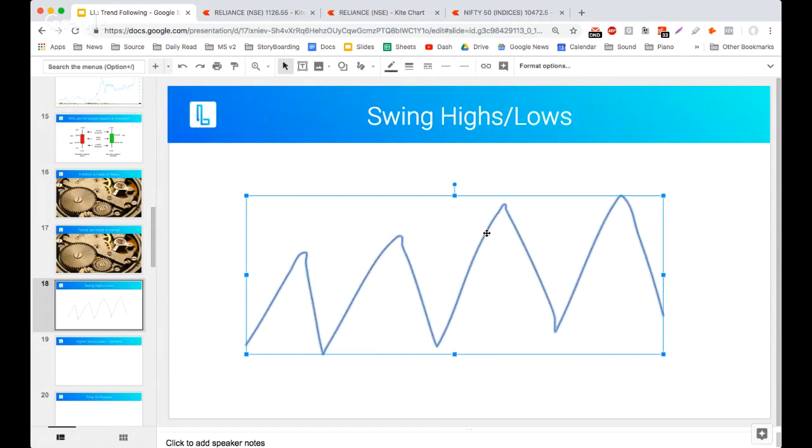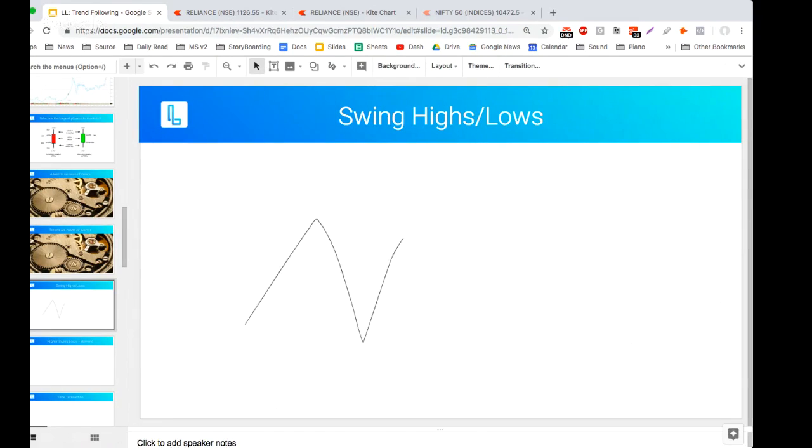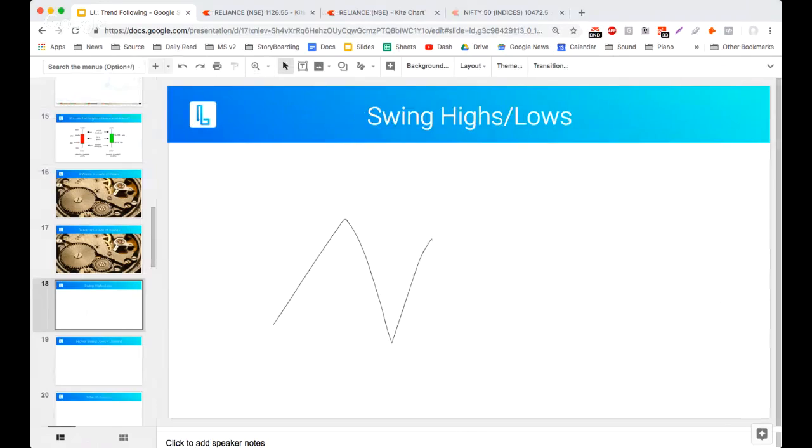Now I'm going to give you a tough question, okay? This most people fail. So I think at least 50% of people fail in this. So I hope you don't. Please look very carefully and tell me the answer. How many swing highs do you see in front of you? How many swing highs over here? The answer is one. Very nice.